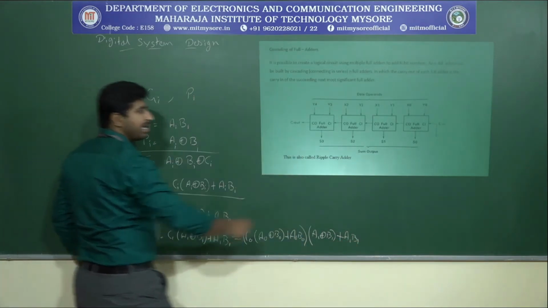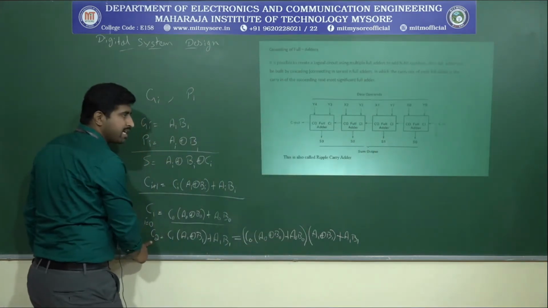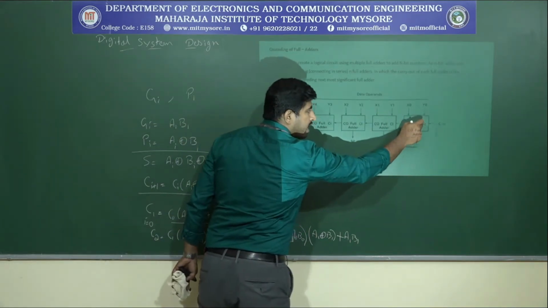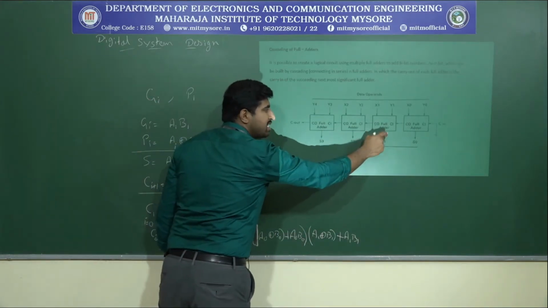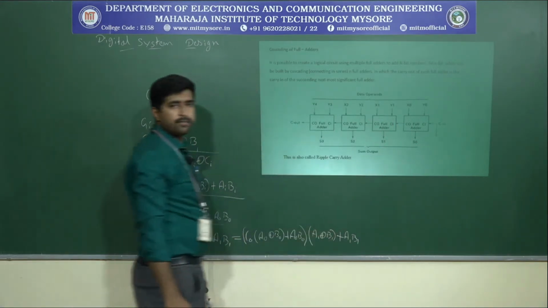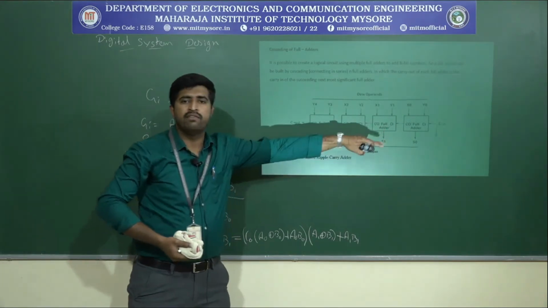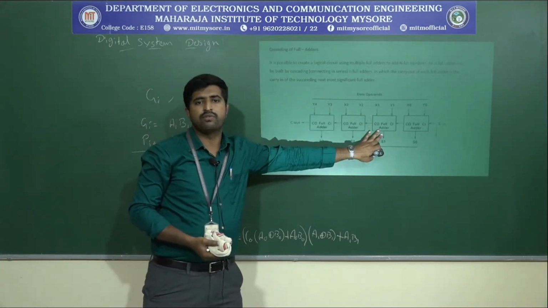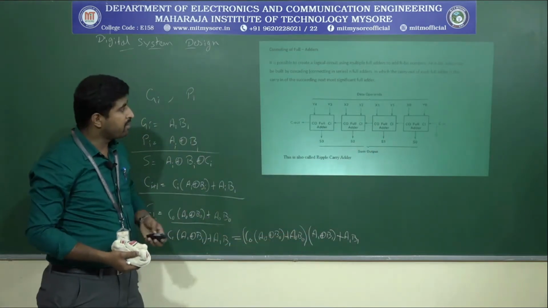C2 is the carry generated by the second full adder. The carry generated by the second full adder can be calculated by using the carry given to the first full adder, that is C0. That means we need not wait for the carry generated from the first full adder to calculate the addition of the second full adder. We do not need to wait for the carry from the previous stage, because the carry needed is calculated by the additional circuit itself.